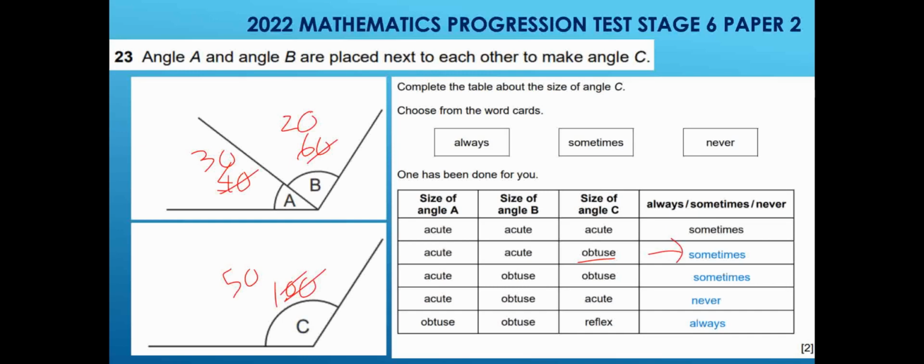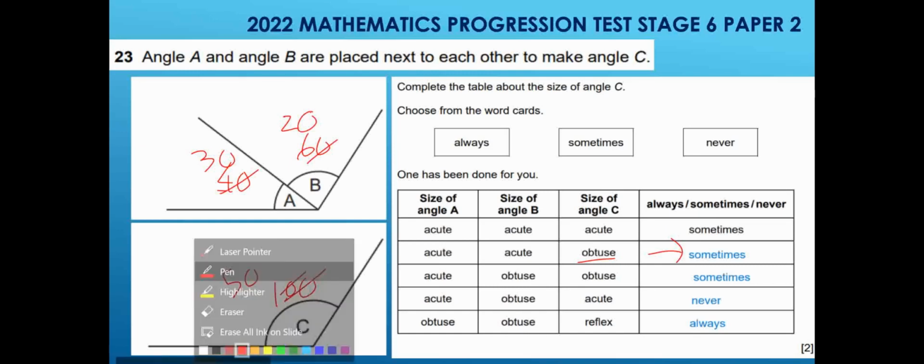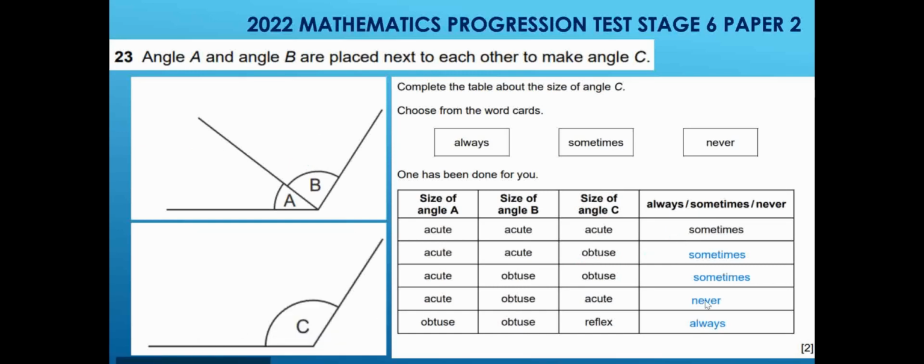And acute and obtuse. So if A is acute, like 30, and B is obtuse, let's say 100, and the size of angle C obtuse, so it will be 100 plus 30. Yes, but if we take A as a